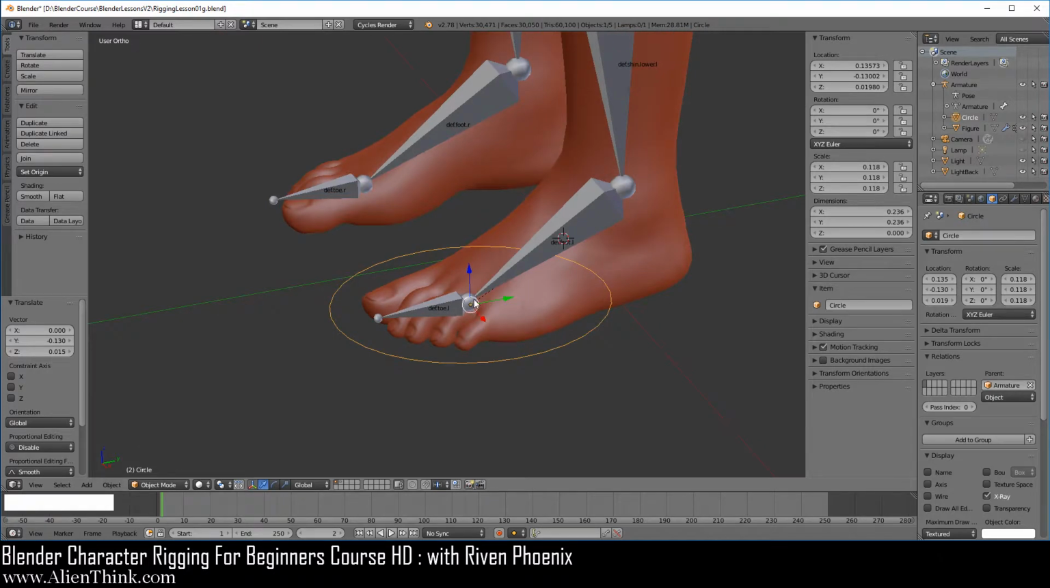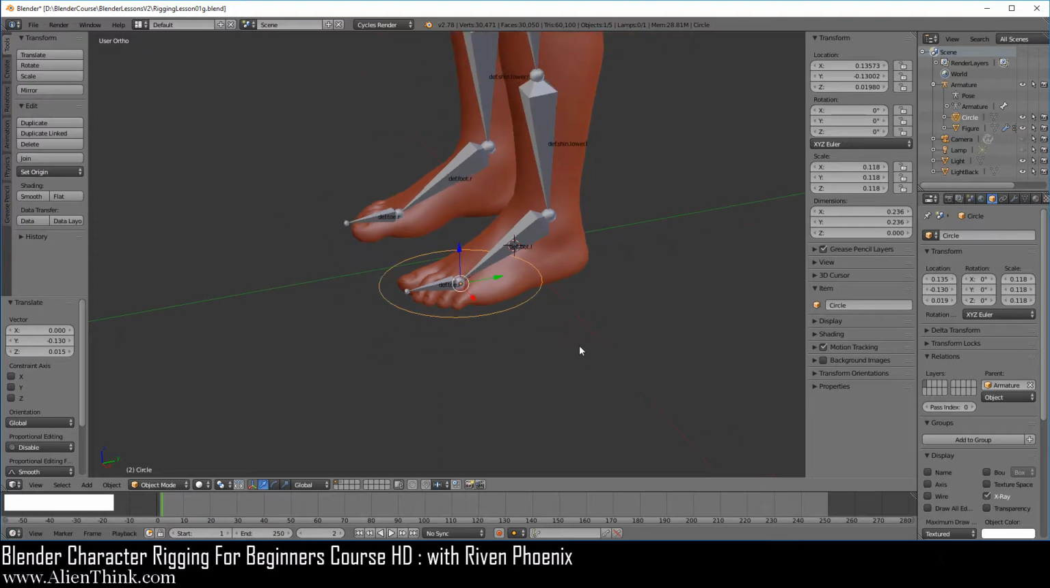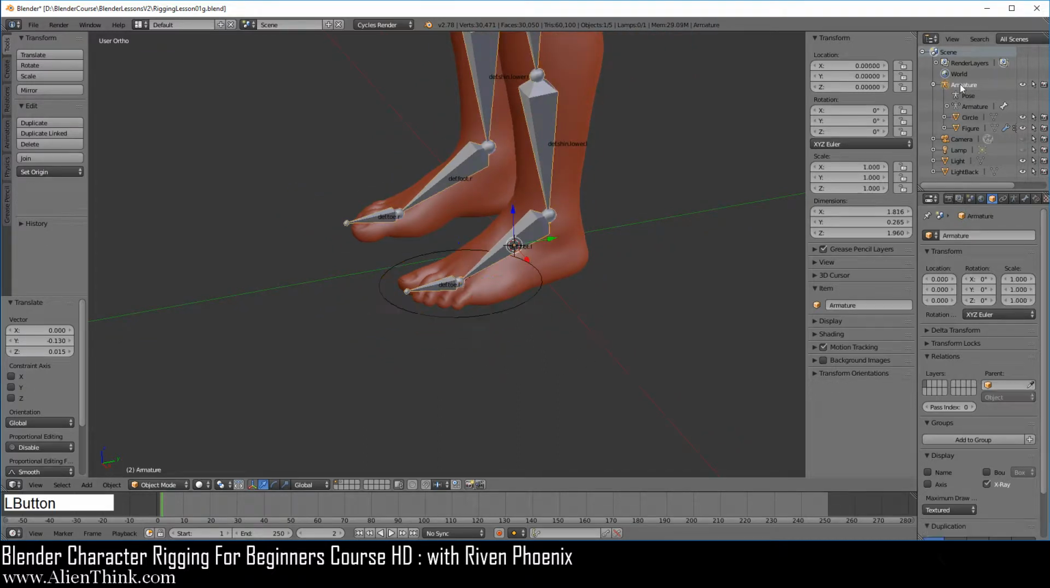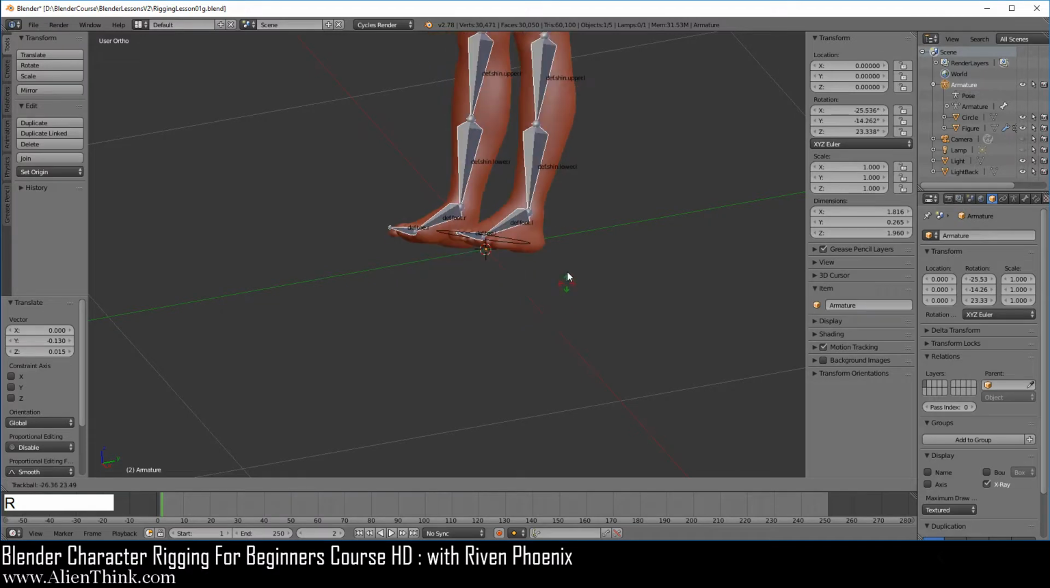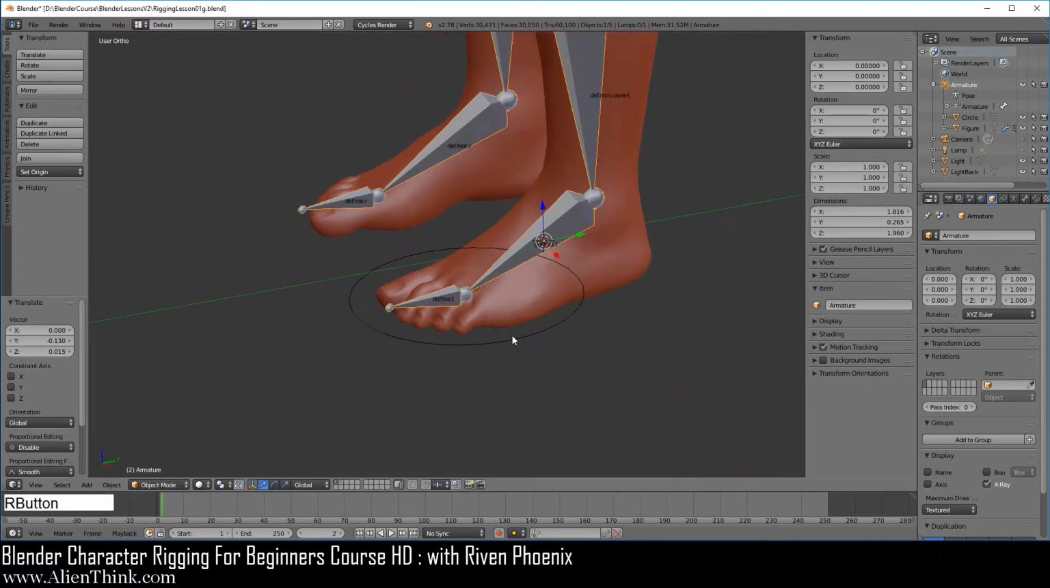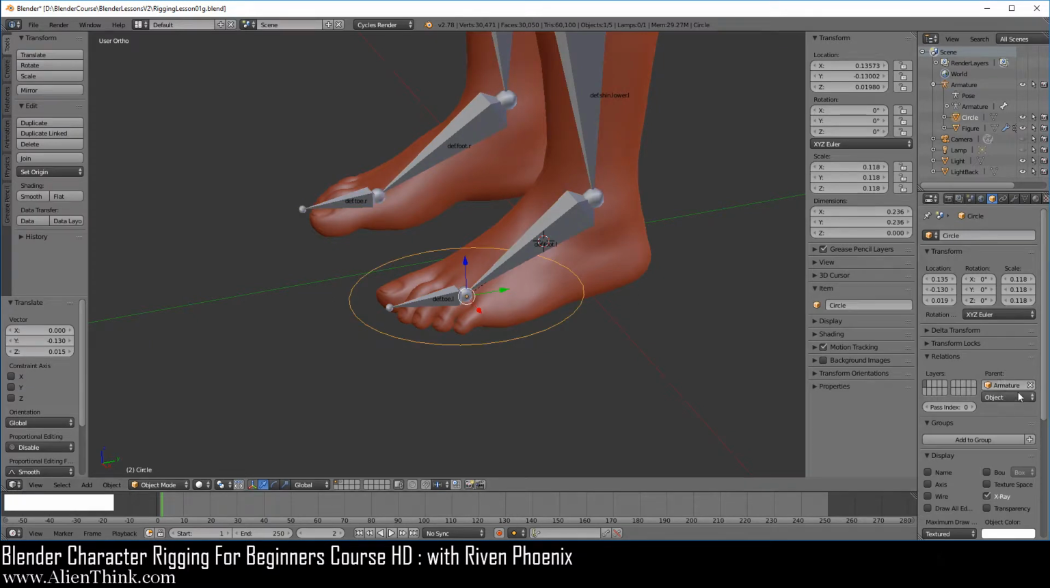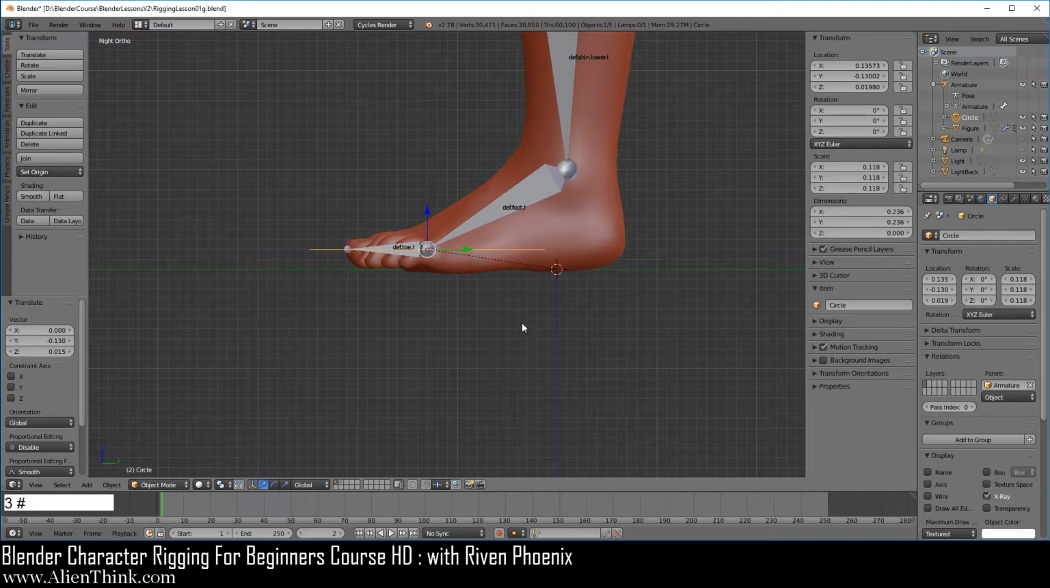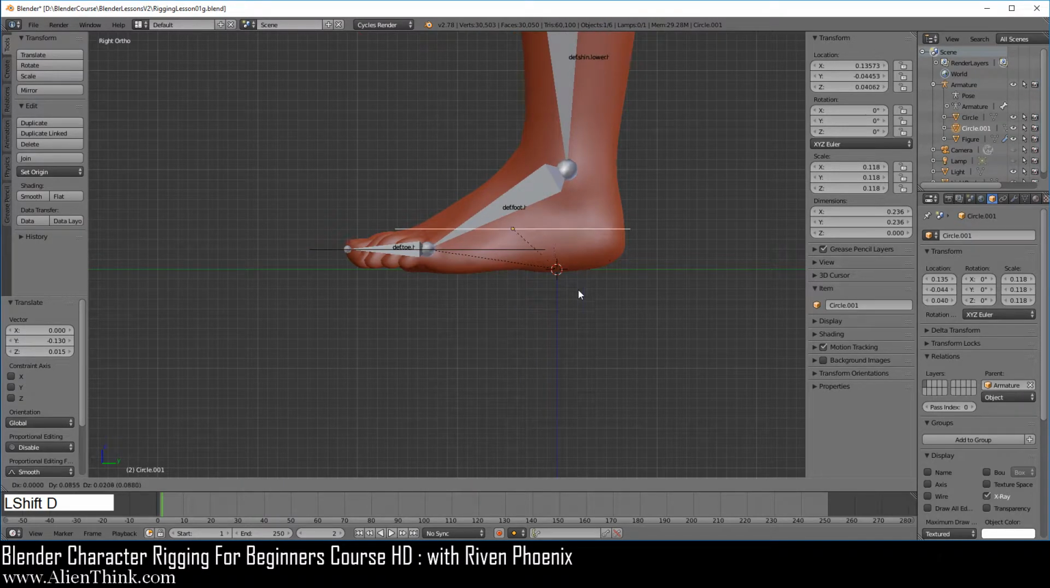Every bone knows about this plane over here, this infinite plane. And remember, when you click on the armature and press the R key, this infinite plane will always travel with every bone. So if we click on this object and make sure that you can see this tab over here, press the 3 key,